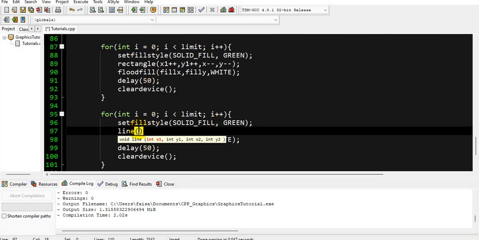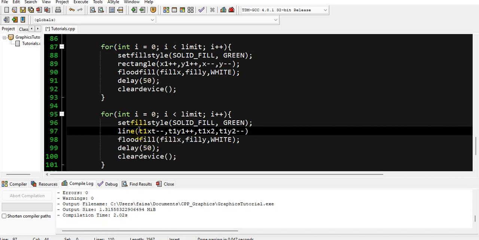So for this we will write t1 x1, x should decrement and t1 y1 it will increment and t1 x2 will remain same and t1 y2